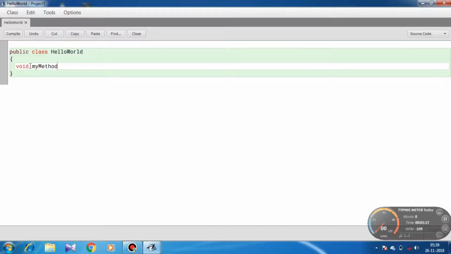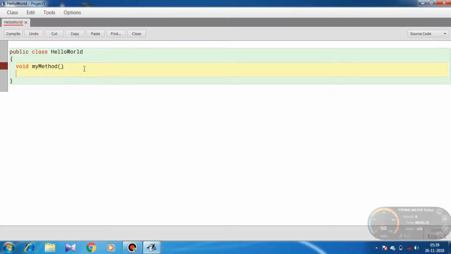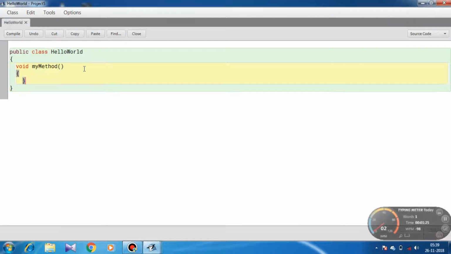My method is a function, that is why it will be written with two brackets, one bracket open and one bracket closed. Now my method will also have two curly brackets. Our whole program will be written under these two curly brackets, within which we will write our code.